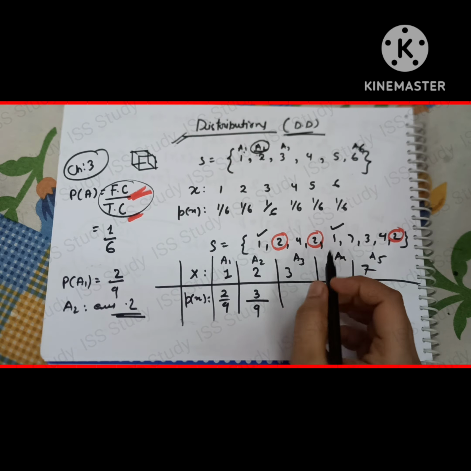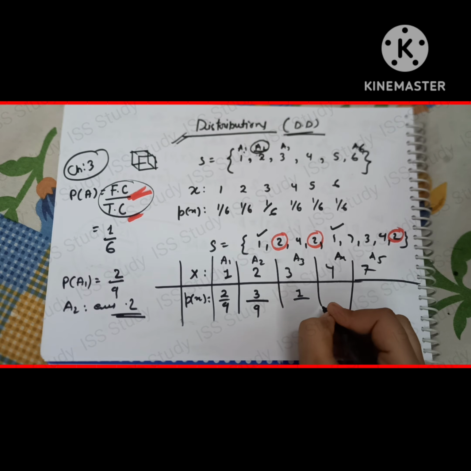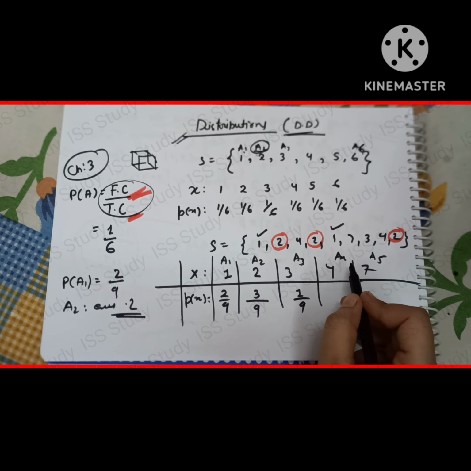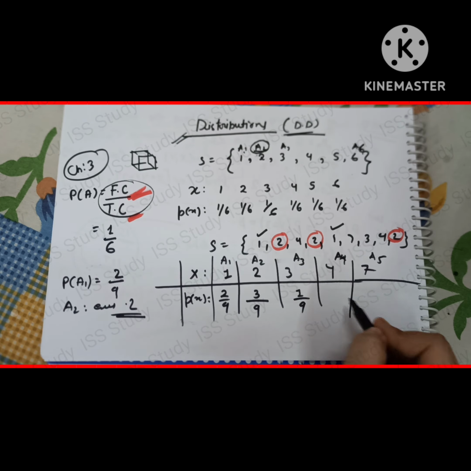Yes, obviously, we know that we are counting 3. So, favorable case is only 1. So, we can write 1 in the numerator. And in the denominator, we have to write down the total number of cases. Okay, now quickly everyone, what is the probability of happening of this event A4? A4 is representing the happening of 4.